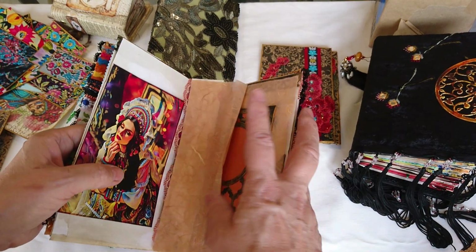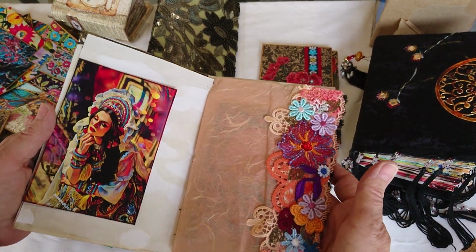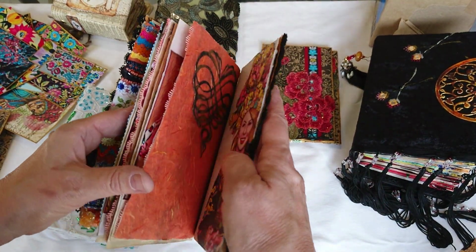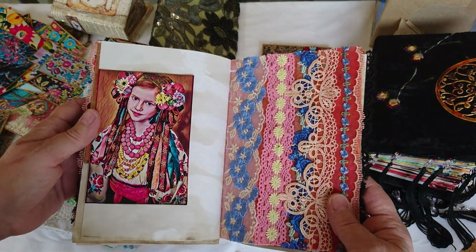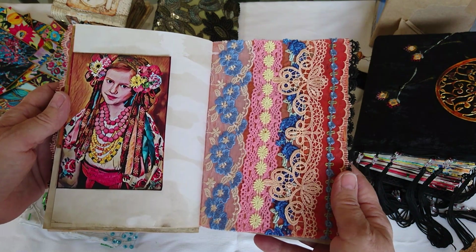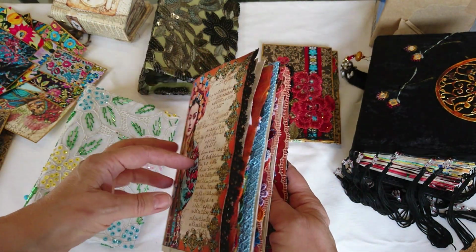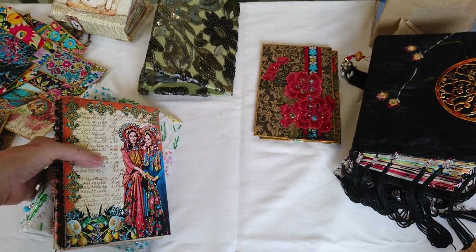And there's my all-time favourite page. It's this one here. Look at the colours on that. It's just stunning. So this one will be available. All 4 are still available. So yeah, I think you'll appreciate that one. And that's a pink and peach, that one. The other one here